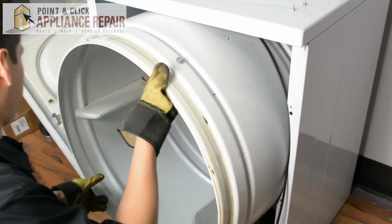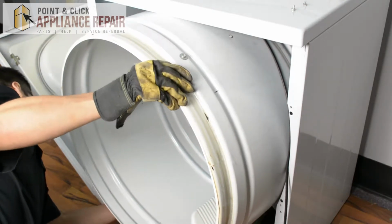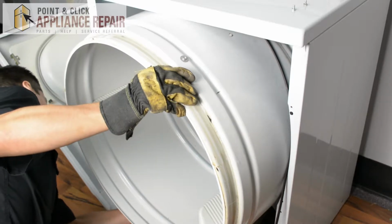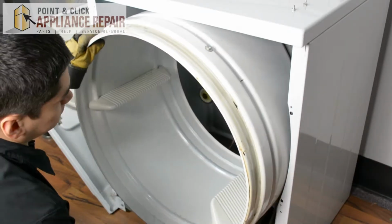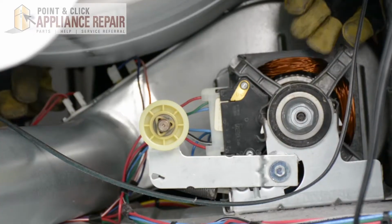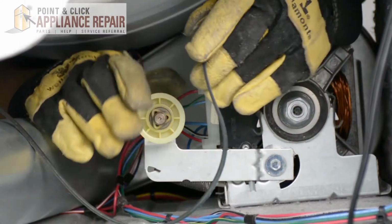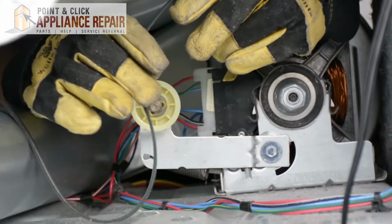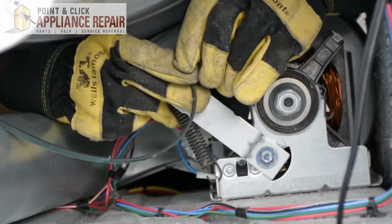And as we put the drum into the machine, just going to want to make sure your belt goes along with it and doesn't get caught on anything once again, because it's pretty loose on here. Now to put the drum back on, we're going to take the belt, we're going to go on the other side of the wheel here, just like this, and we're going to lift it up,